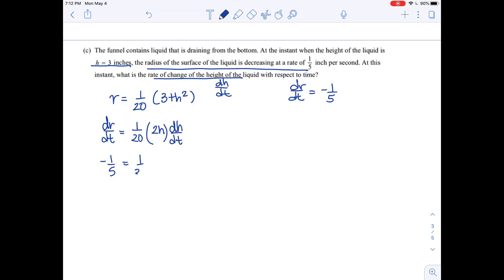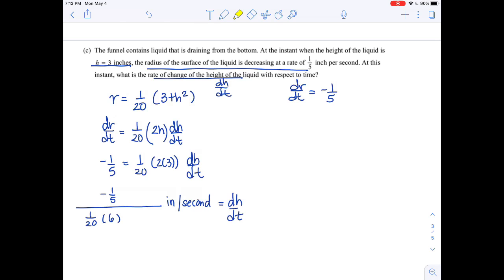And remember, you don't have to simplify. So dr dt was -1/5. Okay, h is 3, so 2 times 3 dh dt. And honestly, this is what I would do. I would leave it as -1/5 all over 1/20 times 6. Units, because it's height, so that would be something like inches per second. And that's your dh dt. Okay, if you want to simplify, then by all means, go right ahead. Don't forget units, but there's really